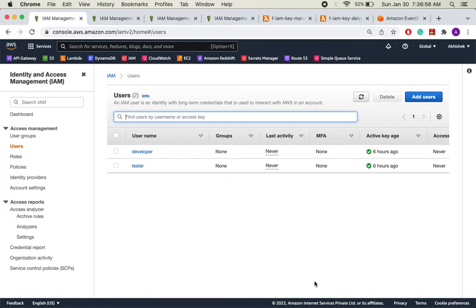Hello everyone. In today's video, we are going to see how to automate the process of IAM user key rotation. Every user with programmatic access has an access key and secret access key. These are very critical details as anyone with access to these keys can perform activities on your behalf. Hence, it is recommended that you keep these secret and don't expose them to anyone. It is also recommended that you keep on rotating these keys at regular intervals so that the risk of getting